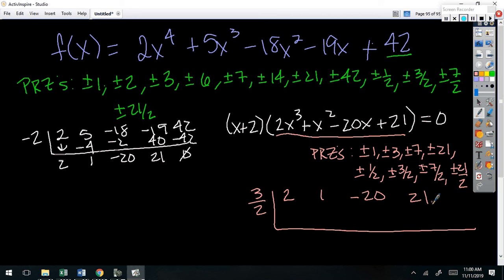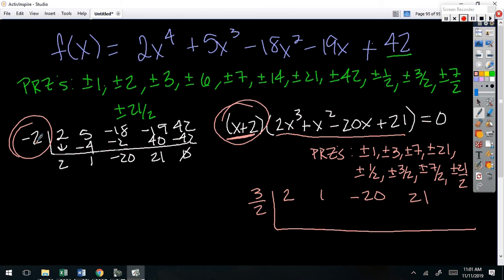So make yourself a note because that is someplace where everybody messes up. This factor is x plus 2, right? We changed the sign. But if I asked you what the zero is of this factor, it would be negative 2, right? We divide by the same sign of the zero, the opposite sign of the factor. Yeah, you might want to jot that down because that'll get you bogged down on your homework. We divide by the same sign of the zero, the opposite sign of the factor.